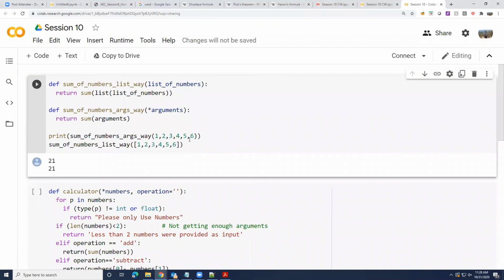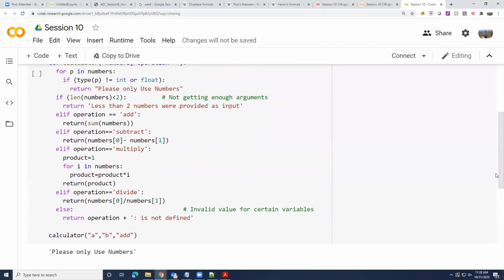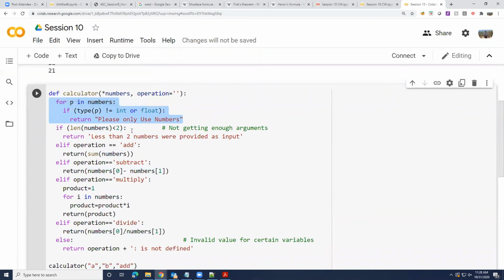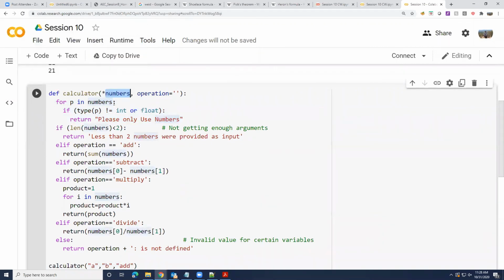Yeah, okay, let's see Prince's code. If type of P, nice, yeah. So because numbers is a collection, right? Numbers is not a single thing, it's a collection of numbers. So you have to look through each one. If type of P not equal to int or float, did this work?